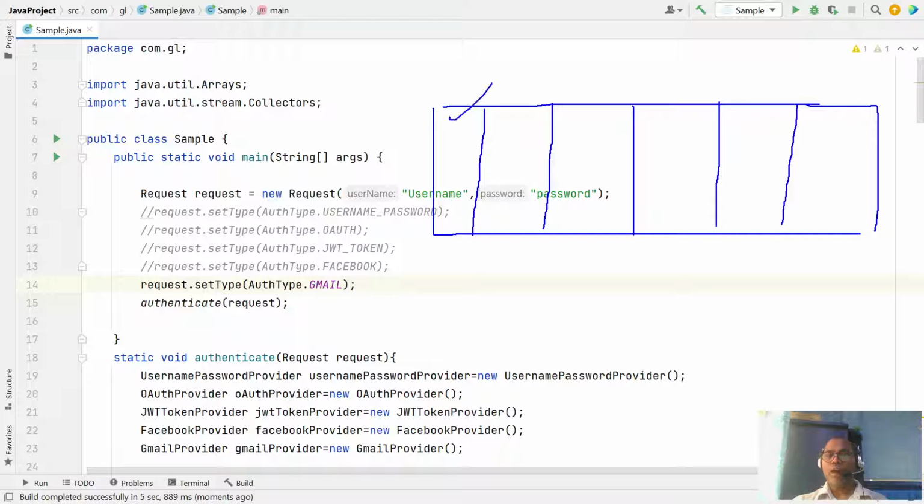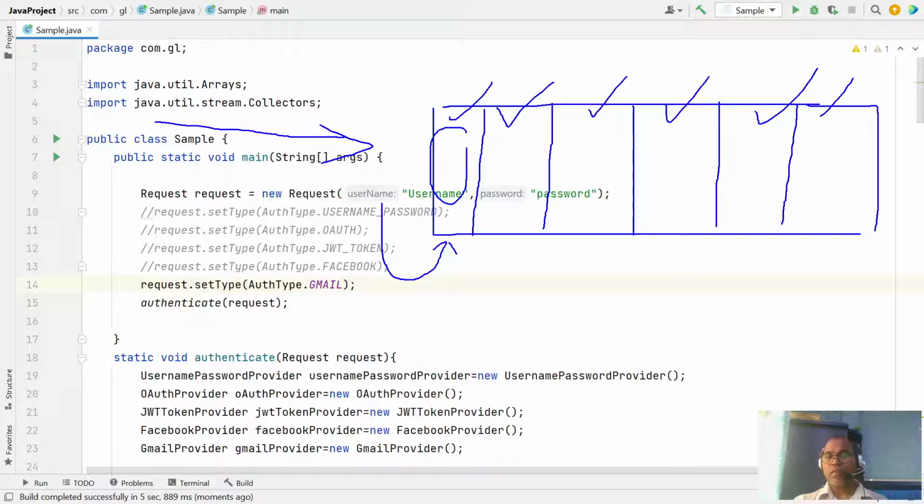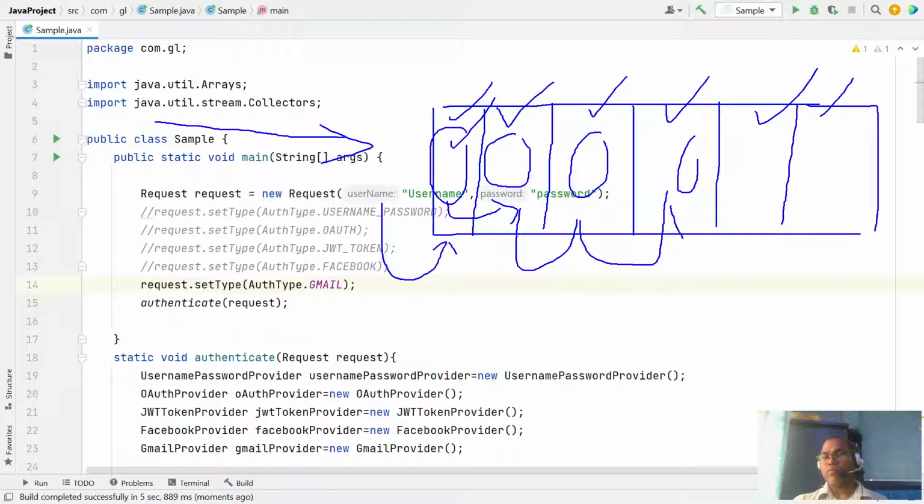These are your handler 1, handler 2, handler 3, handler 4, our service providers. Whenever a request comes, we first forward it to the username password authentication, and if it is able to handle it, okay, else it forwards to the next one. If the second one, OAuth 2, is not able to handle, they forward to the JWT. If JWT cannot handle, they forward to Facebook.